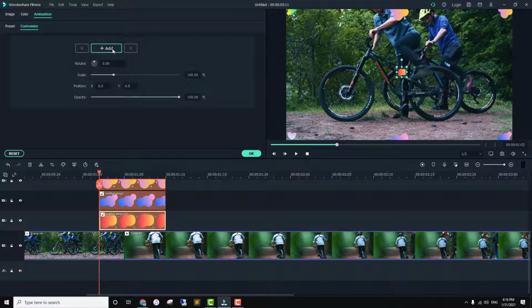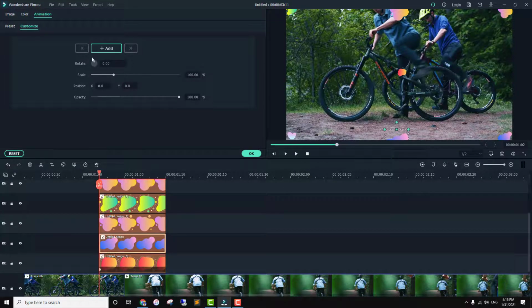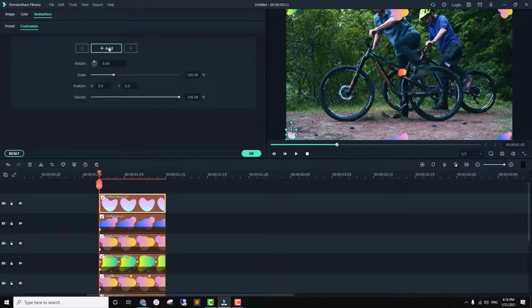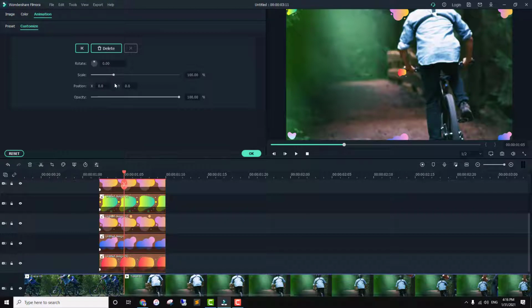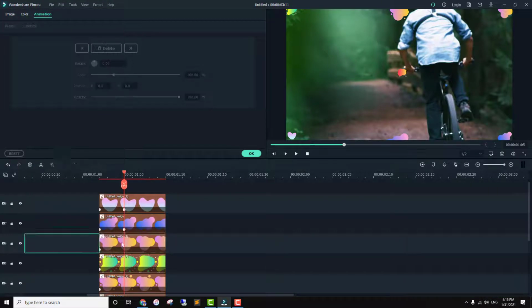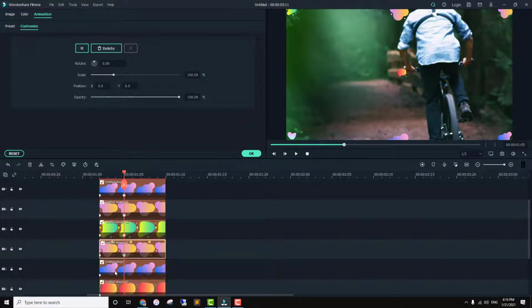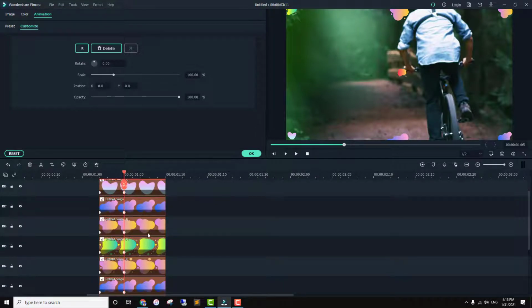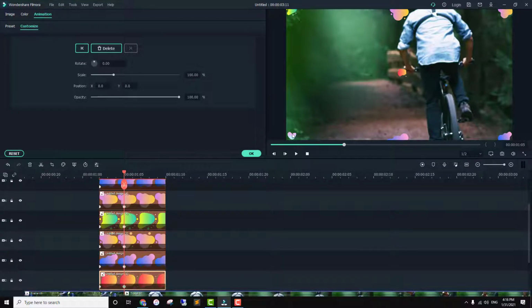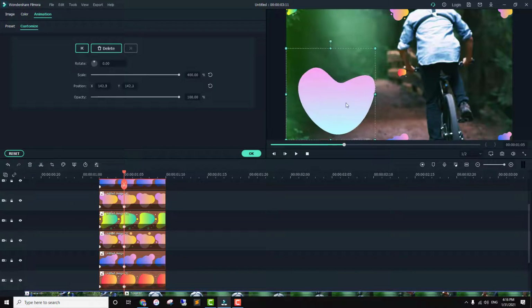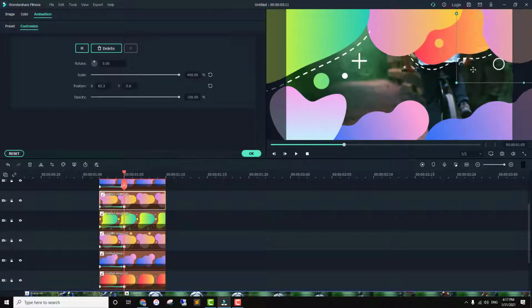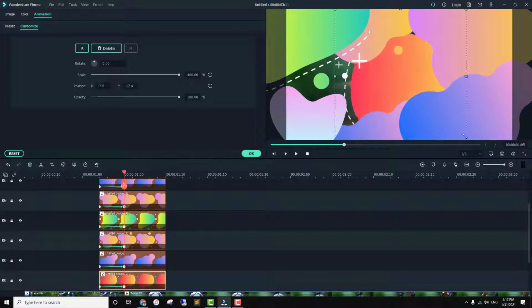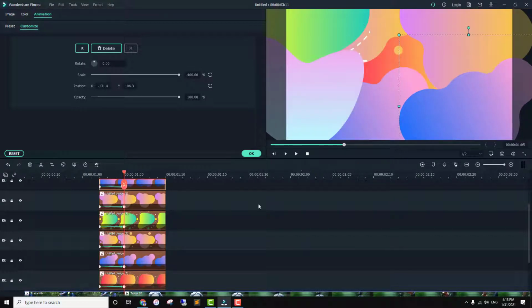Then I will add a keyframe in all of them. The keyframe has been added. Then I will change the progress bar, and again I will add a keyframe. Now let's change the values for every one of them. So we have achieved this.